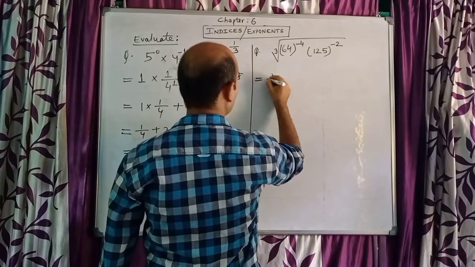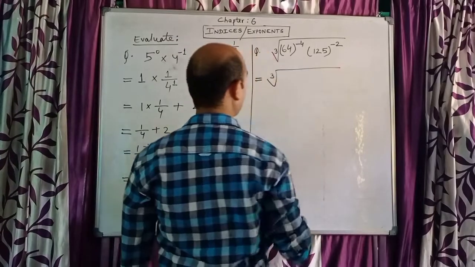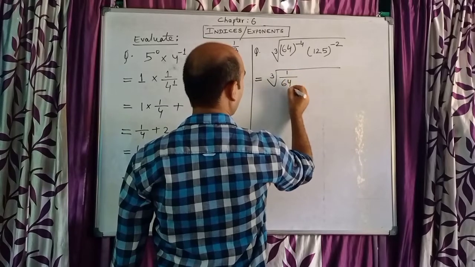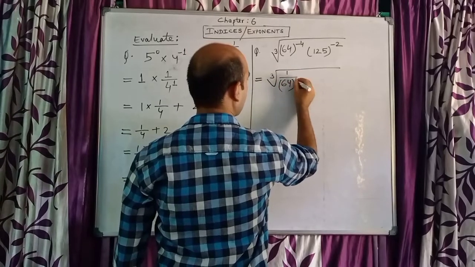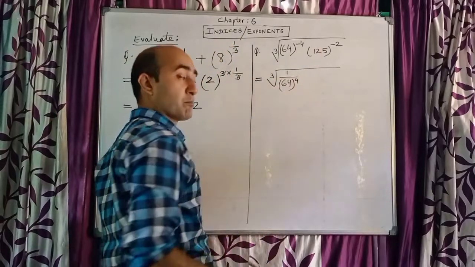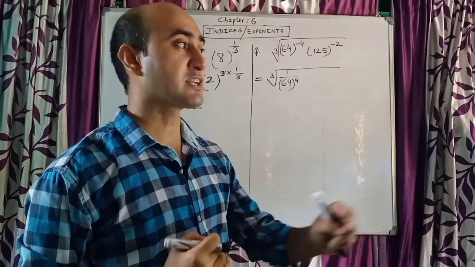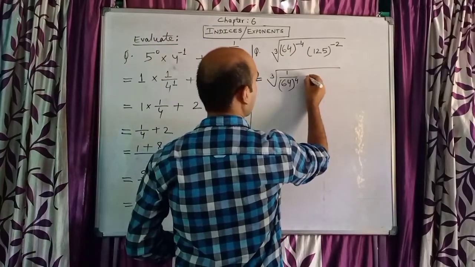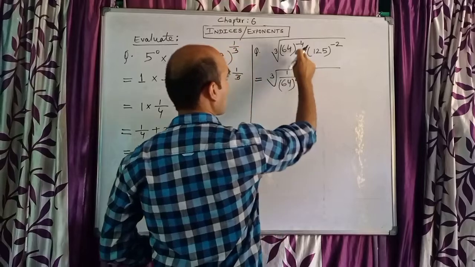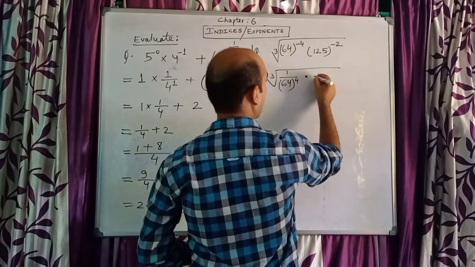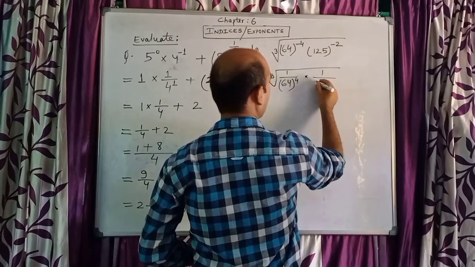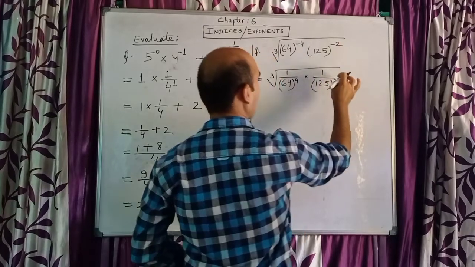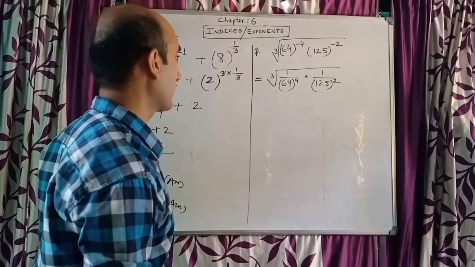So I am writing the cube root now the same, and here I will be writing 1 by 64 to the power 4. That means the negative power I made positive by interchanging numerator and denominator, because below this there is 1. Same thing here, you can put multiplication or a dot here, because there is nothing, which means there is multiplication. And here also the same thing, 1 by 125 to the power 2, because the negative power will now become positive.